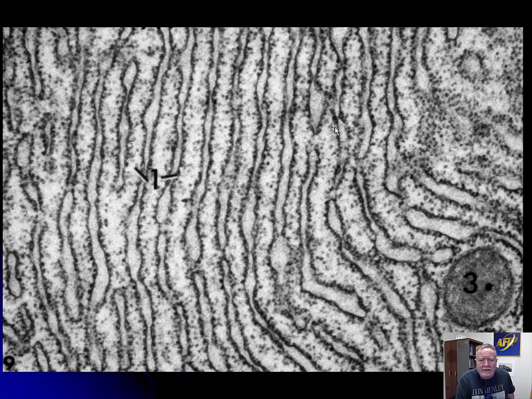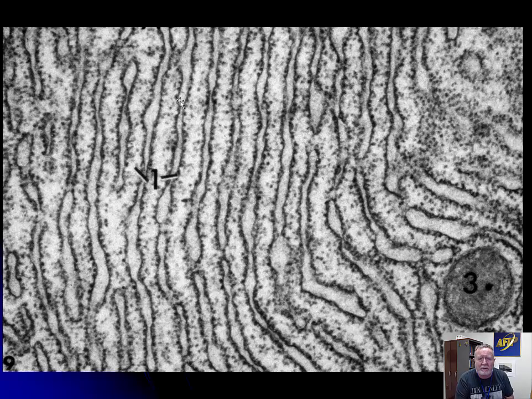If you look in between some of this rough endoplasmic reticulum, you will see ribosomes which are known as free ribosomes, just floating around in the cytosol. That is the site where protein is made that stays within the cell, a replacement for cell membranes or parts of organelles or whatever. So